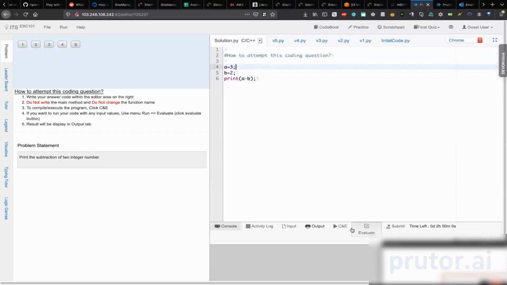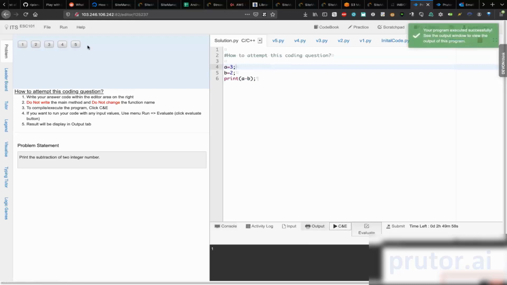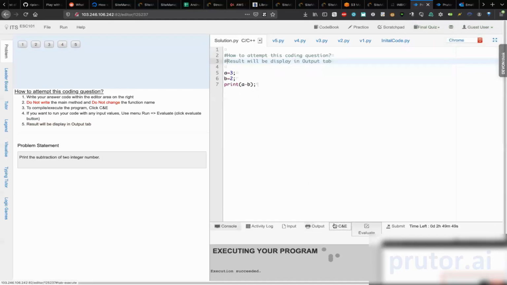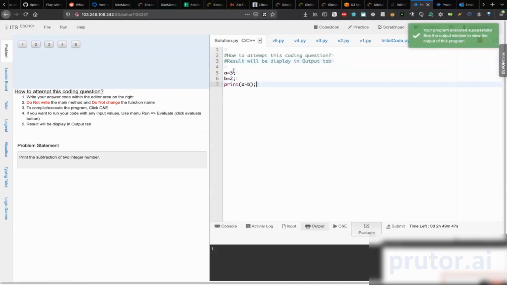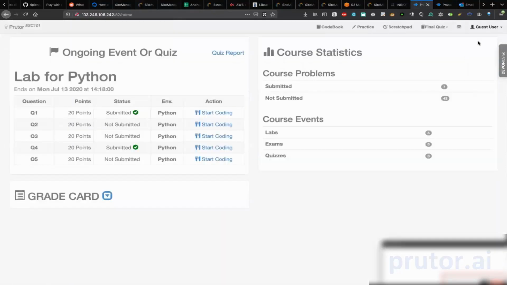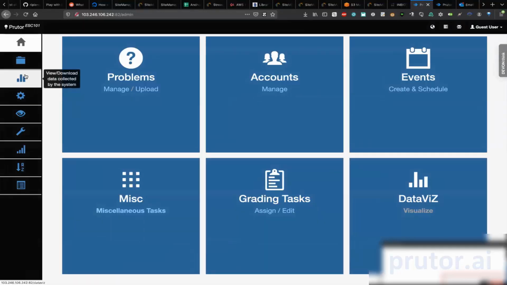This is for comment in Python. Okay. And maybe he does something else. He puts this also. Evaluates. Then maybe he defines another variable, C is equal to 5. And finally he submits. If I go to my admin screen, look at the submissions.